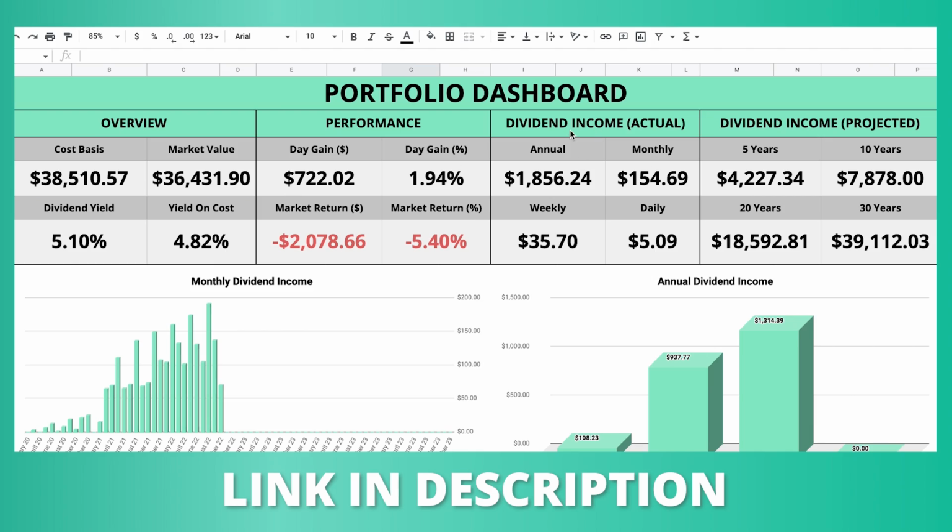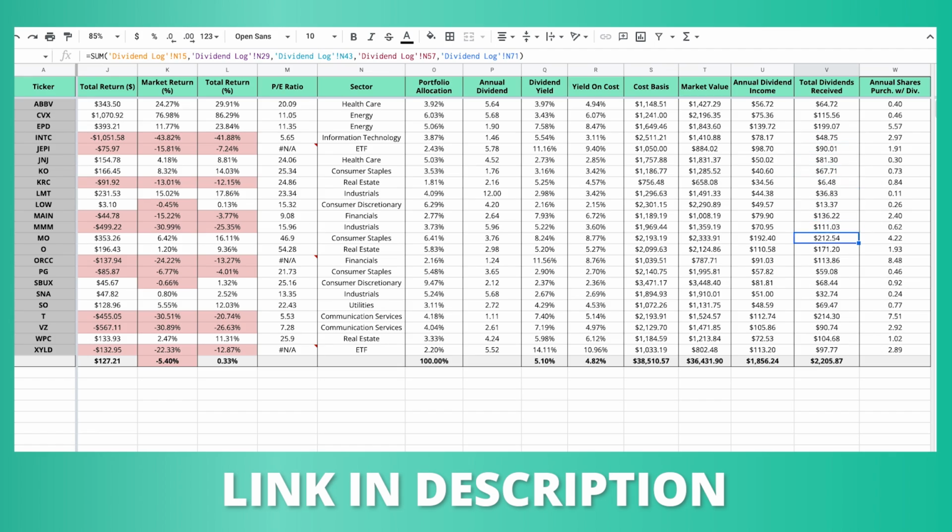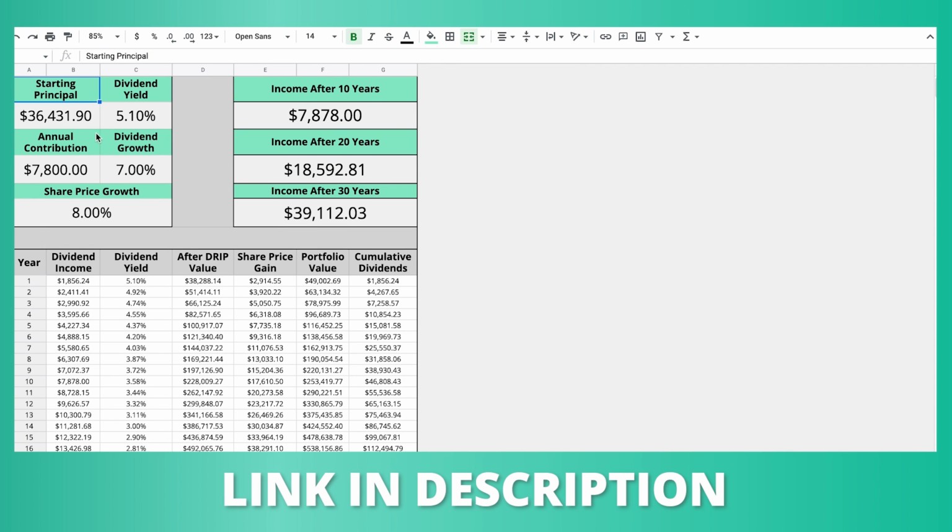So I just released version 5.0 of my free dividend portfolio tracking spreadsheet, and in this video we're going to do a full walkthrough so you can see all of the new updates and learn how to use the spreadsheet